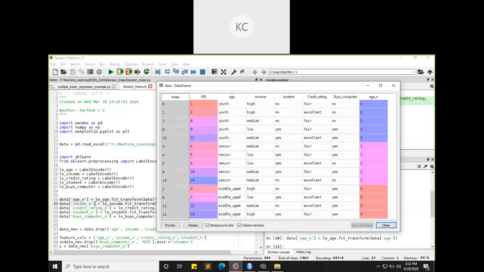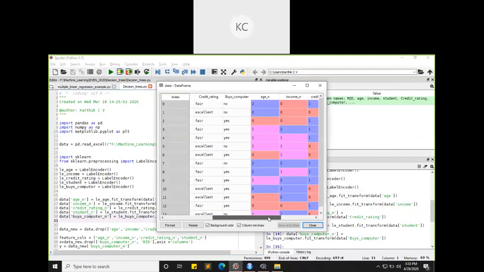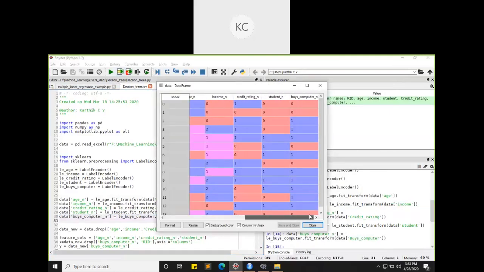Similarly, I'll encode all the other values. See, now it has created numerical values for all of them.